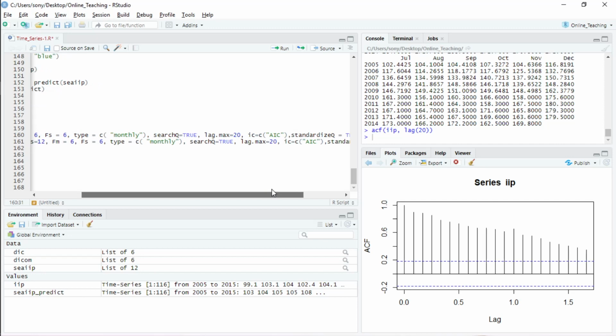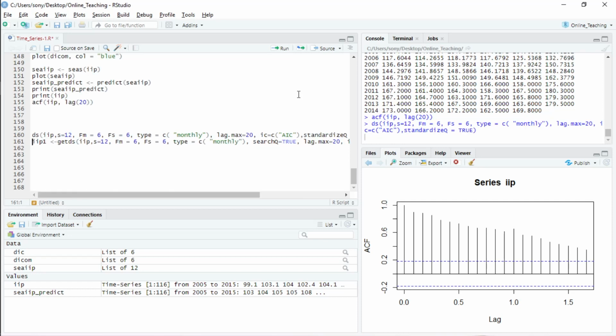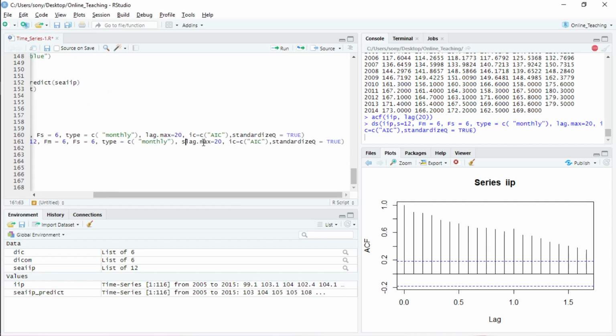Then we are finding the best model by using the AIC function. If I call it, applying the criteria function, now it is running. It will take a little time. Then what we'll get is the deseasonalized data.